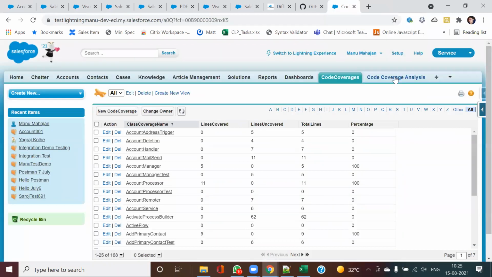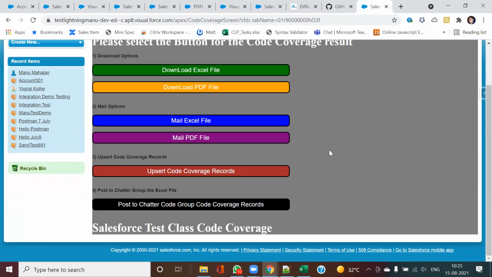Okay, and apart from this, one more thing has been done here, and I want you people to try it out. I want you to create one VF page. On this page there should be a button where I will send the PDF as an attachment to my email. Maybe of 10 accounts you can take. Have one VF page with this button, mail PDF file. So once I click on this, what should happen? It should send an email to my account, which should have an attachment of 10 accounts. Now let us try it out.